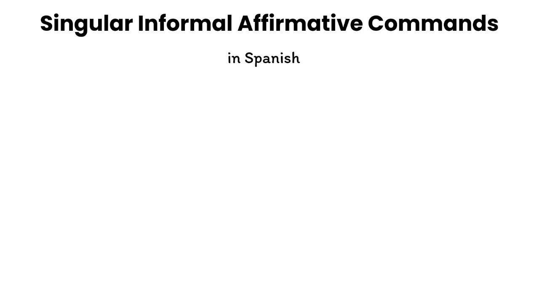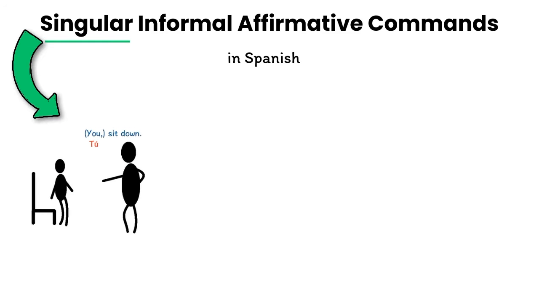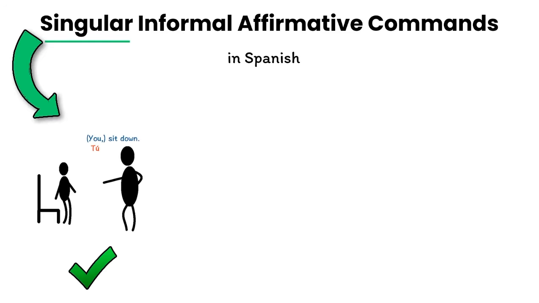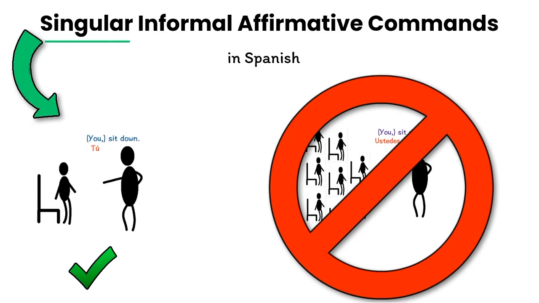Today, we'll learn how to form and use singular, informal, affirmative commands in Spanish. So, what do we mean by that? Well, singular means that you are commanding one person to do something, not a group of people. If you're giving instructions to a group of 2 or 10 or hundreds of people, you'll use a different verb